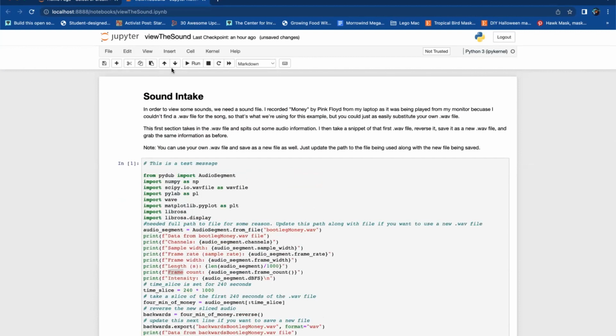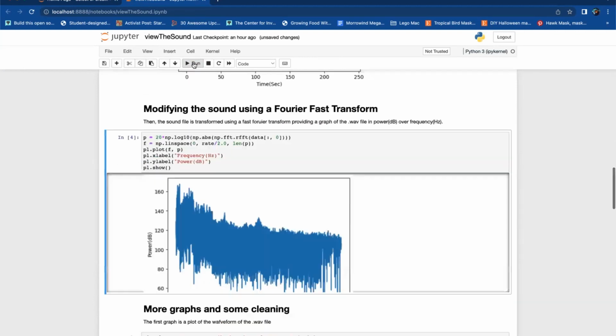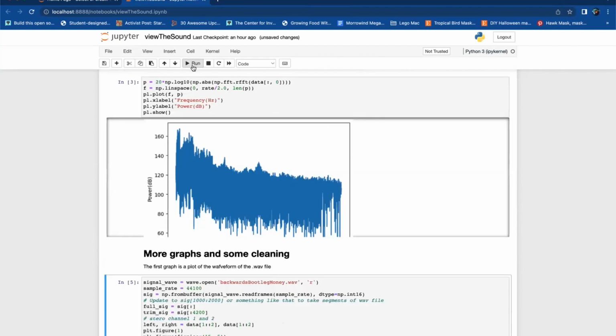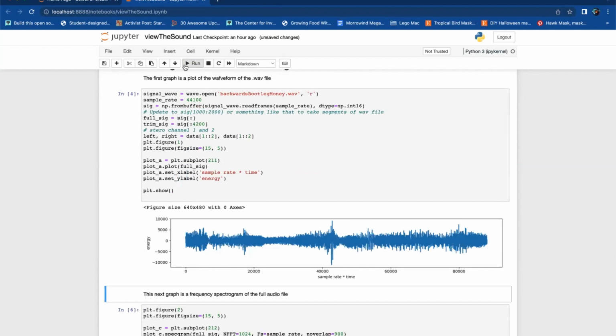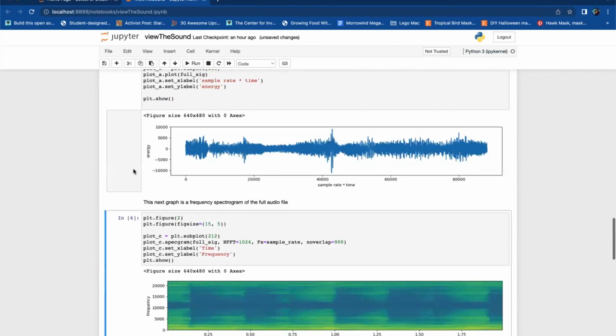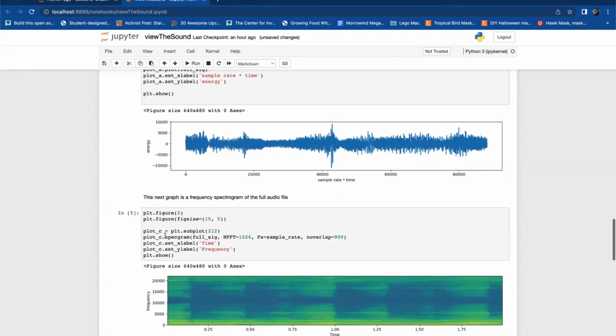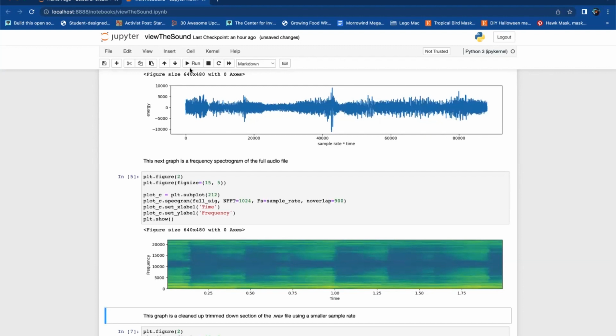Let's see, I thought there was a run all. Oh, it's running them. So this was already run before, but as you can see, we're generating these graphs here. Each cell that we go down is basically executing the code in the block, then presenting us with a graph